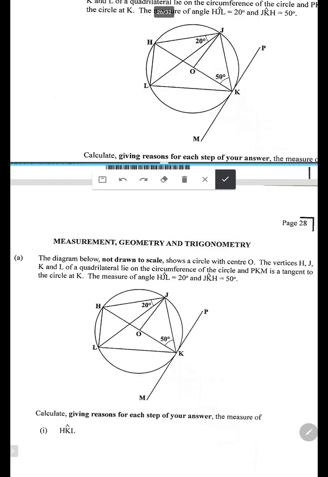And then now we have the tangent and chord rule. The angle between a tangent and a chord is equal to the angle subtended by the chord at the circumference in the alternate segment of a circle. So those are the 7 basic rules that we have to remember, along with the other things